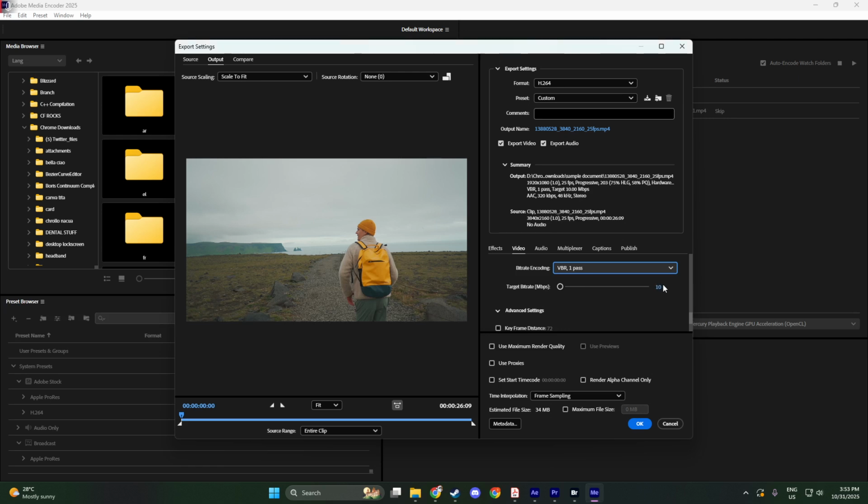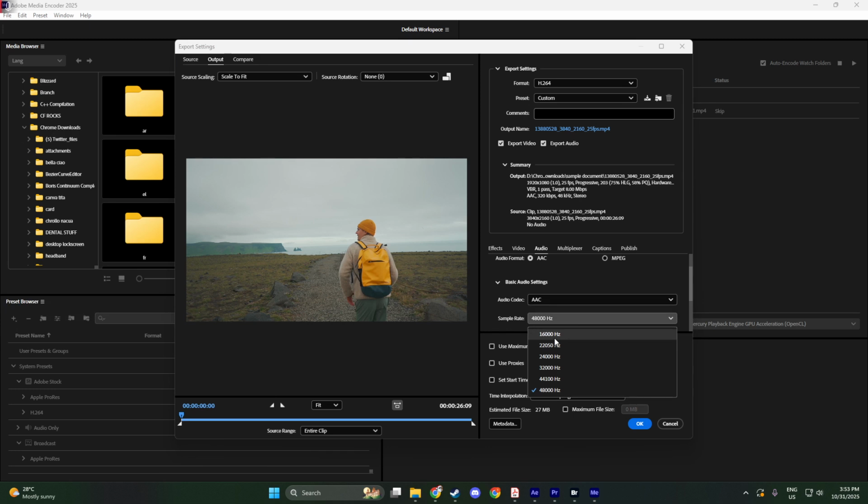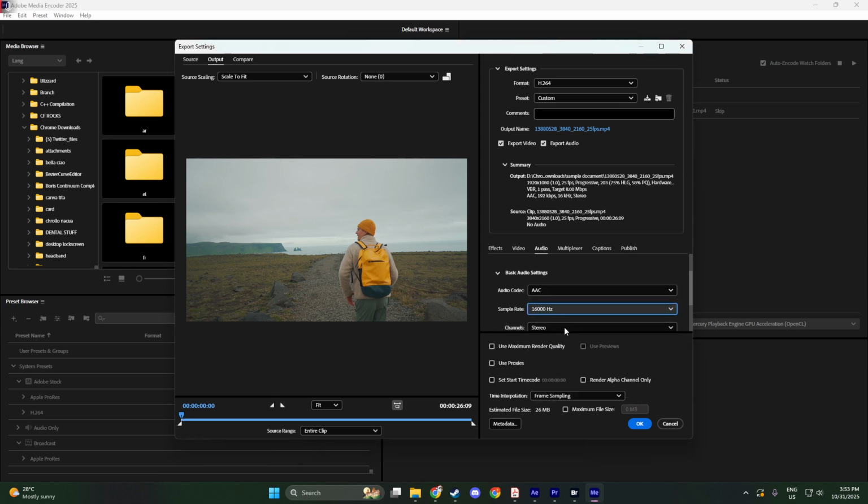Reducing the bitrate is one of the most effective ways to shrink the file size, but do keep an eye on quality to ensure it stays within acceptable limits. Let's move on to the Audio tab, if applicable. Choosing a reasonable audio bitrate here can further save on file size. Instead of ultra-high bit rates, consider setting it to 128 kbps or 192 kbps, which are typically sufficient for regular